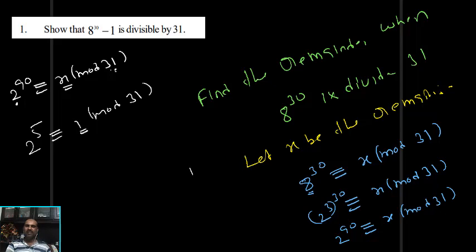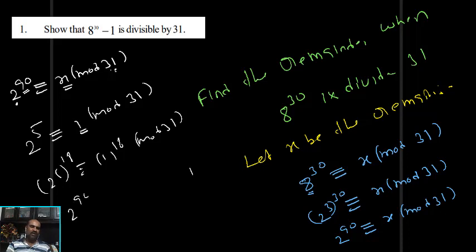1 is better here, 1 or minus 1 is better, because if 1 is raised to any power, again you get 1 only. Minus 1 raised to an even power is 1 only. So try to find the value of x which is nearer to 1 or 2 or 3. That is better. Now directly I can use 2 power 90, because 90 is a multiple of 5. 90 by 5: 5 ones are 5, 5 fours are 20, giving 18. I want to raise to the power 18 on the other side. 2 power 5 power 18 is congruent to 1 power 18 modulo 31.